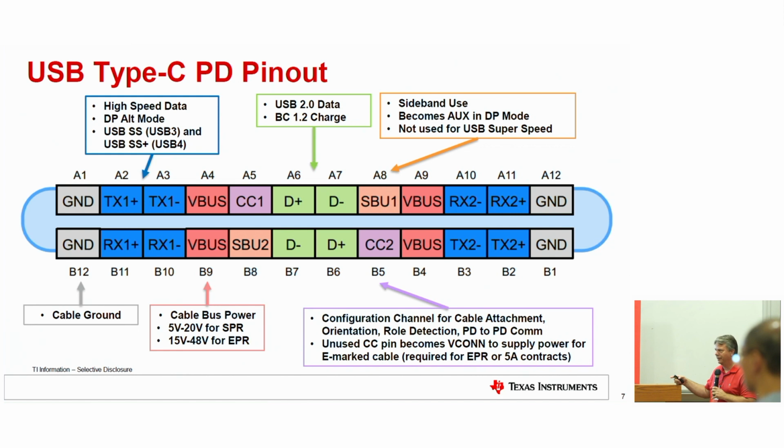SK, I don't know if you want to add anything. So you mean only the PD controller is able to query that all the lines are there? The PD controller mainly is to communicate what the voltage and current requirement is. Yeah, the PD controller is the only one that can query the cable because there's another PD chip inside the cable, just like what's in your laptop or what's in your dock or monitor on the other end of that cable, there's one of those chips. Smaller, simpler, doesn't need to do as much, but there's one of those inside the cable as well. Not always. Only if you need to do more advanced stuff, then there's one in the cable.